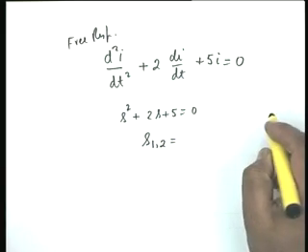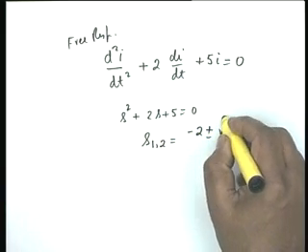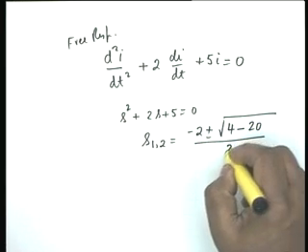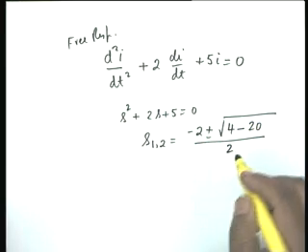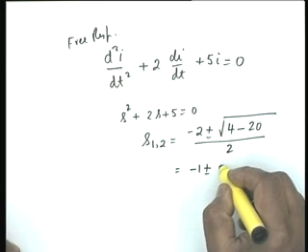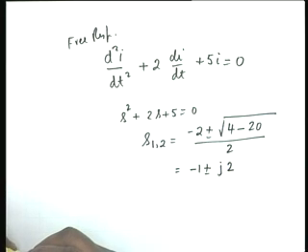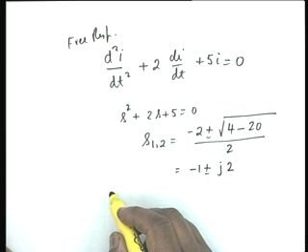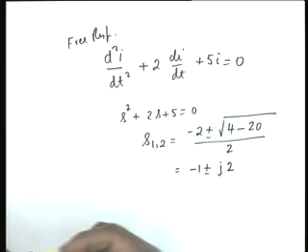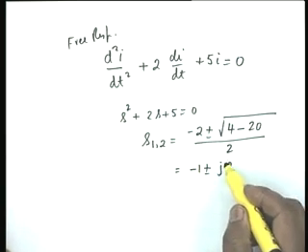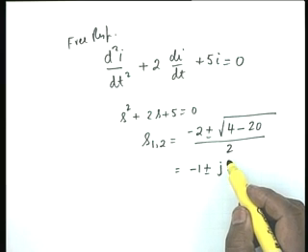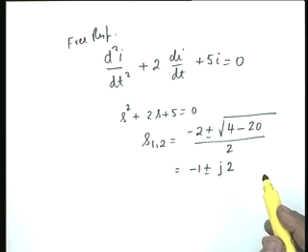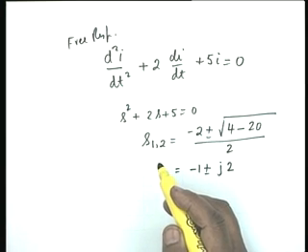So the natural frequencies, which are the roots of the characteristic equation, there are two roots, minus 2 plus minus square root of 4 minus 20 divided by 2, quadratic equation, which is equal to minus 1 plus minus j2. Is that okay? Right. So the free response would be of the form A1 e to the power this multiplied by t plus A2 e to the power minus 1 minus j2 multiplied by t,